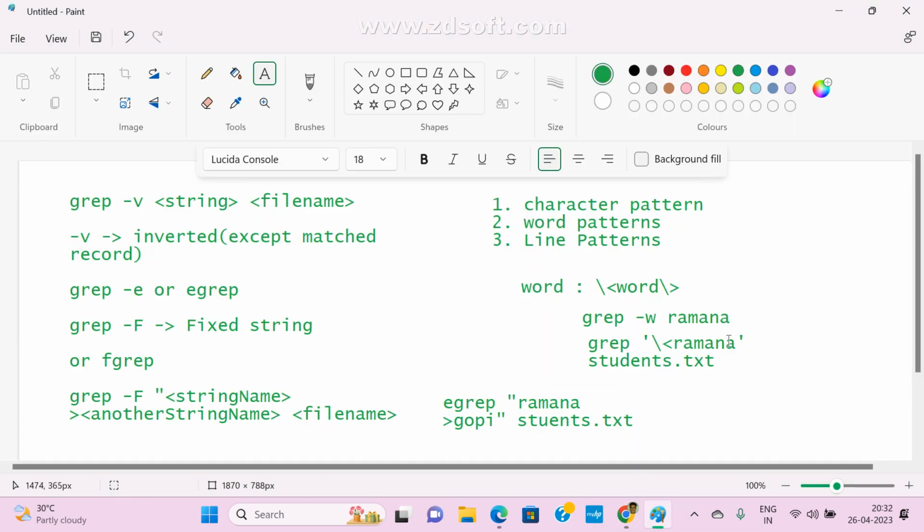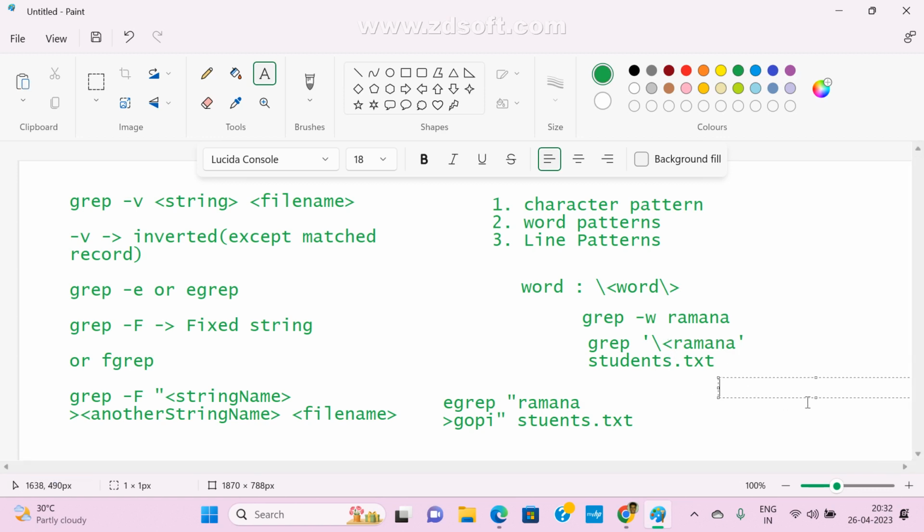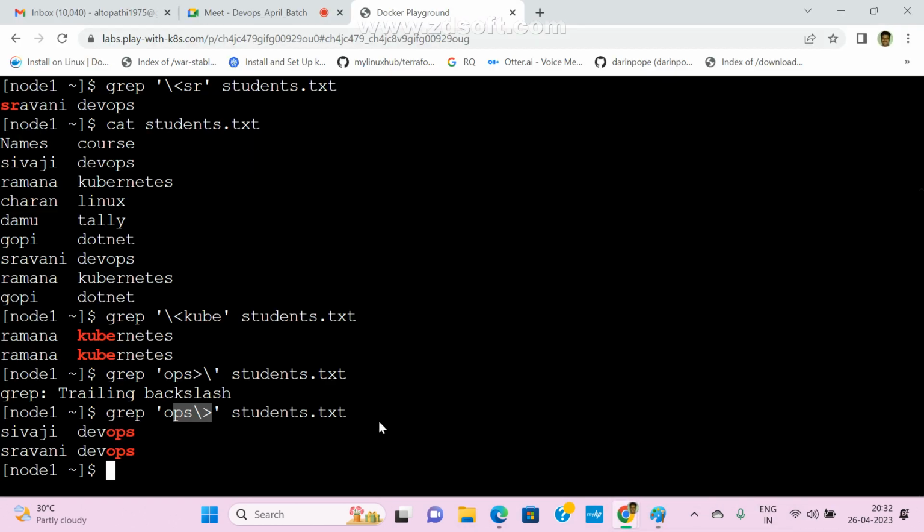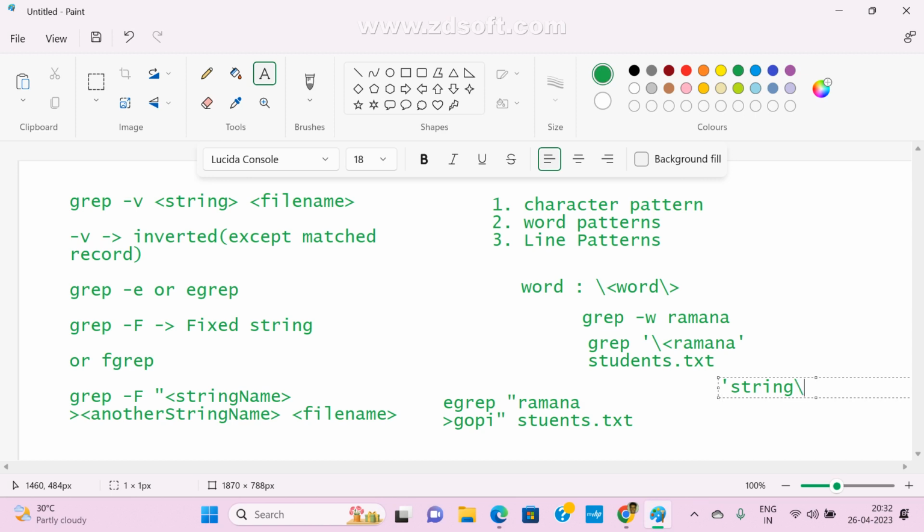This is the starting word. Suppose you want to find the ending word, it is the same. This is the string, then the next string. Now what is the pattern? The string, then slash greater than, which means the end of the word.